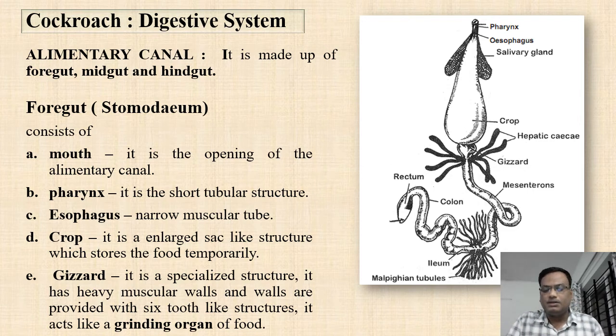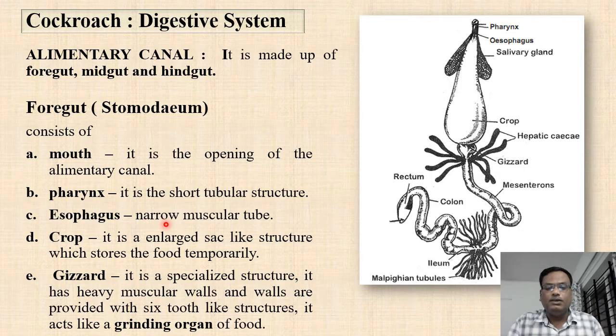So let us start with the study of foregut. Foregut is also called stomodium. It starts with mouth. Mouth is the opening through which the food enters into the alimentary canal. And this mouth leads to a small tube-like structure called pharynx. This pharynx is mainly involved in transferring food from mouth to the next part of the alimentary canal, that is